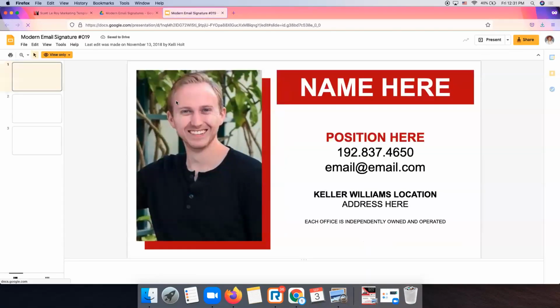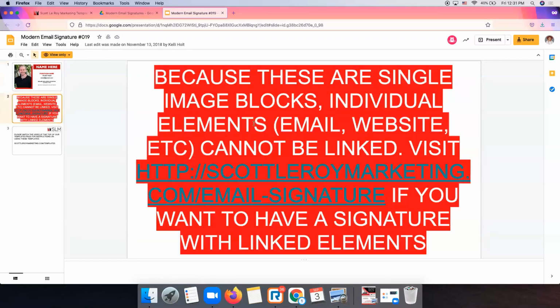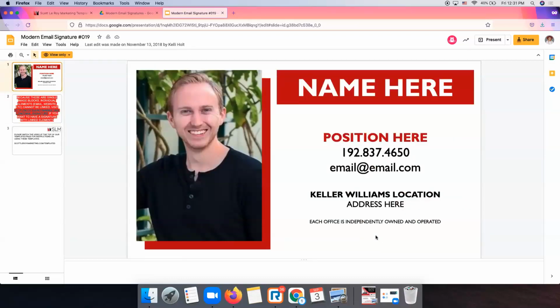Now you'll see when I'm in here, I can't actually do anything. So I'm clicking and it's not allowing me to make any changes. Over here on the left, you'll also notice that there are 3 different slides. The first slide is the file itself. The second is just telling you that if you were to add in any buttons or things you want to